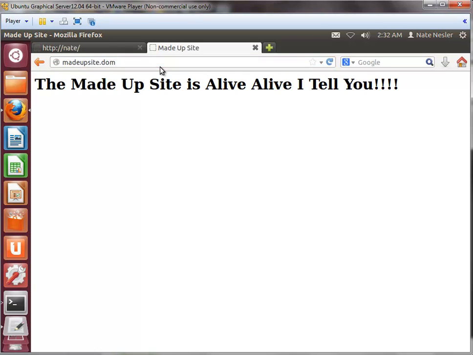madeupsite.dom, I have to do that. You might have to hit the reload button in order to get the update, but I can also now do www.madeupsite.dom, and it works. And that's because I put it both in the host file and also as a server alias. Well, and I can continue to add additional pages to this thing, just as I'll show you,